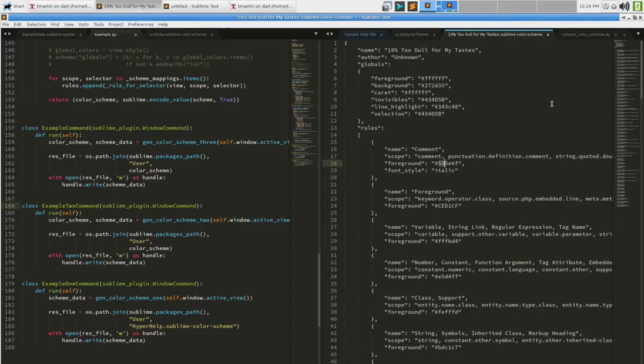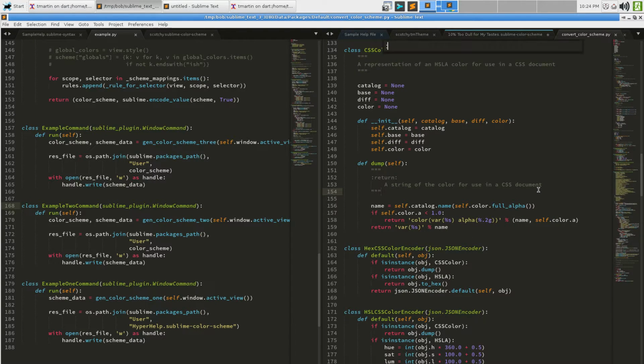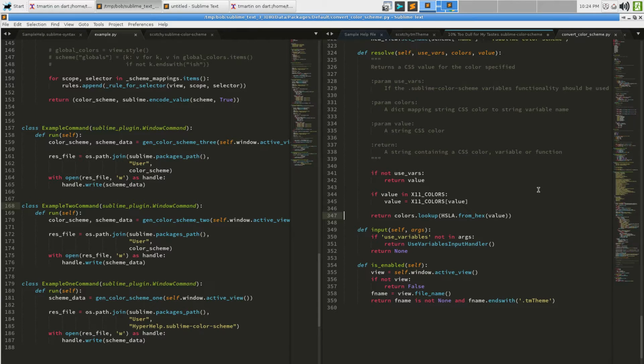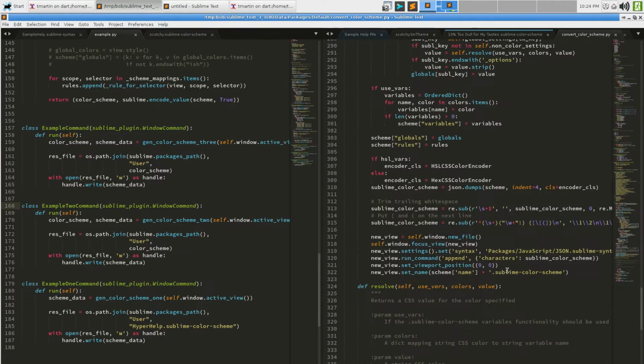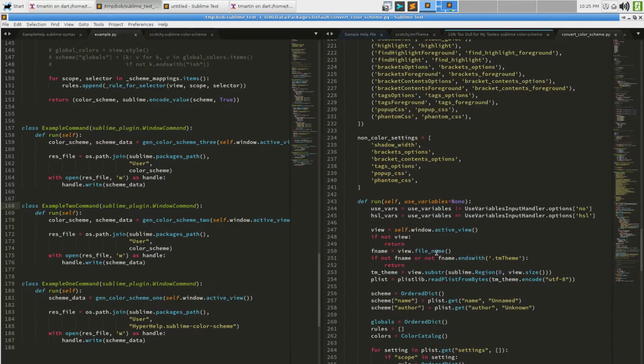And it's on colors in colors.py in line 113, invoked from convert color scheme line 347. So I mean, if you wanted to trace through it, it's looking up the HSLA color from a hex color that may or may not have a valid value, and that's what this color call in another module is what's causing the problem. But this is all code that appears in the default package.